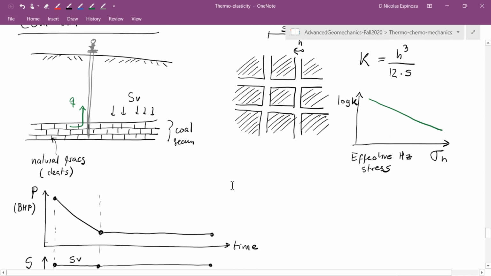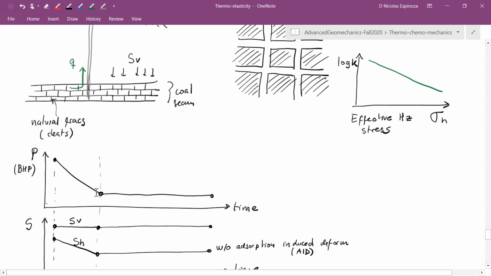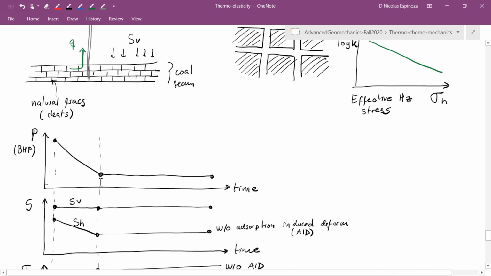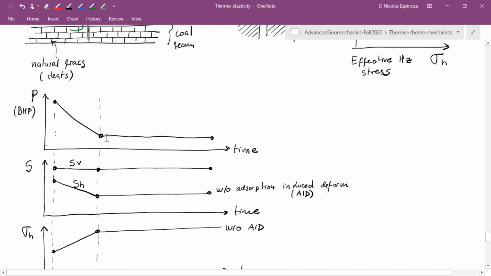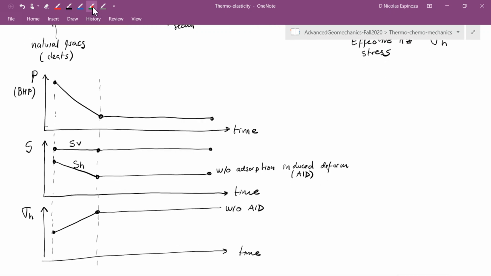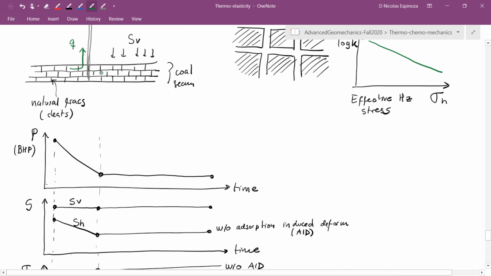So if we have such a phenomenon in this case, when I lower the pressure in the formation, what I'm going to see is that due to the effect of the absorption-induced deformation, when I lower the pressure, the rock is going to try to expand due to the